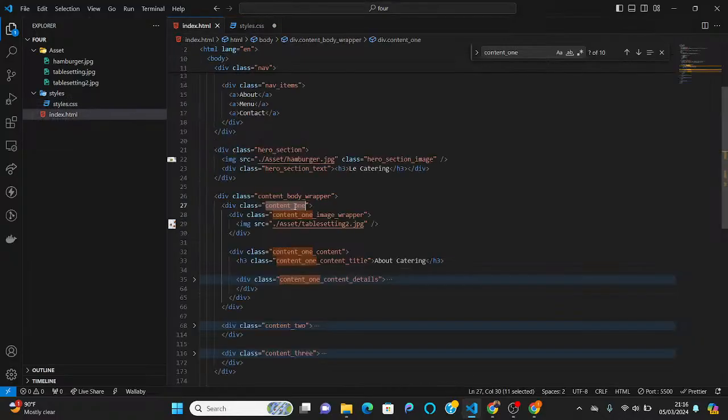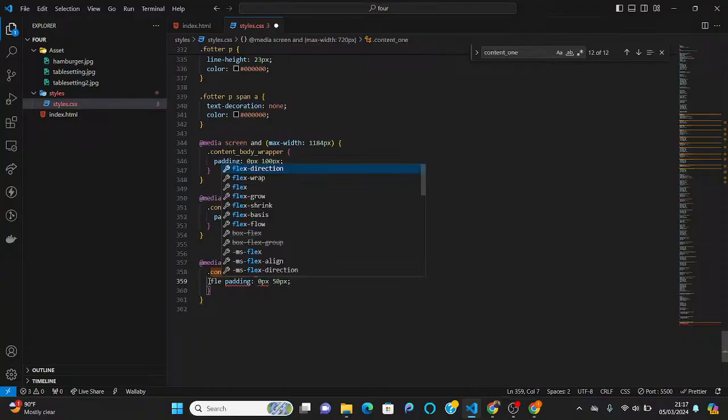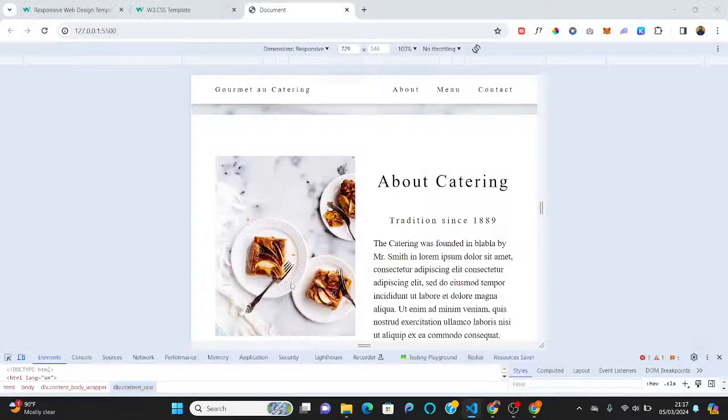So let me copy it again. Let me just paste it here. And I will do my flex direction column. Yeah, so now once we do our flex direction column,